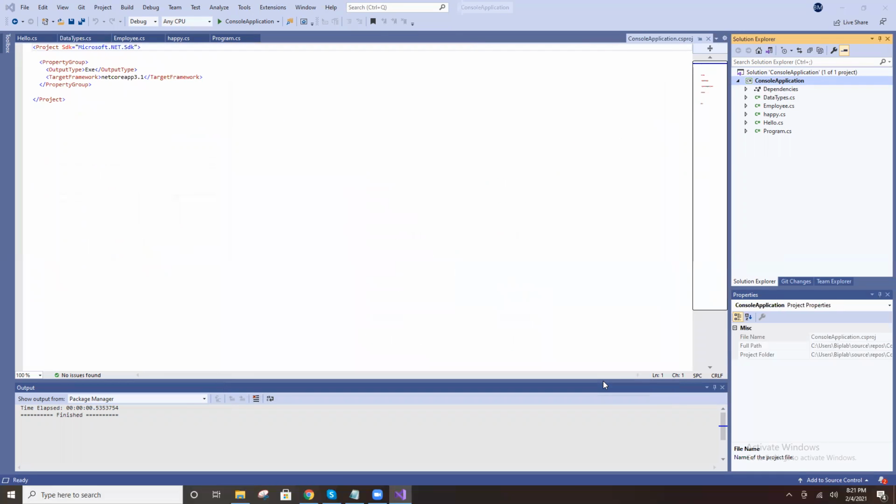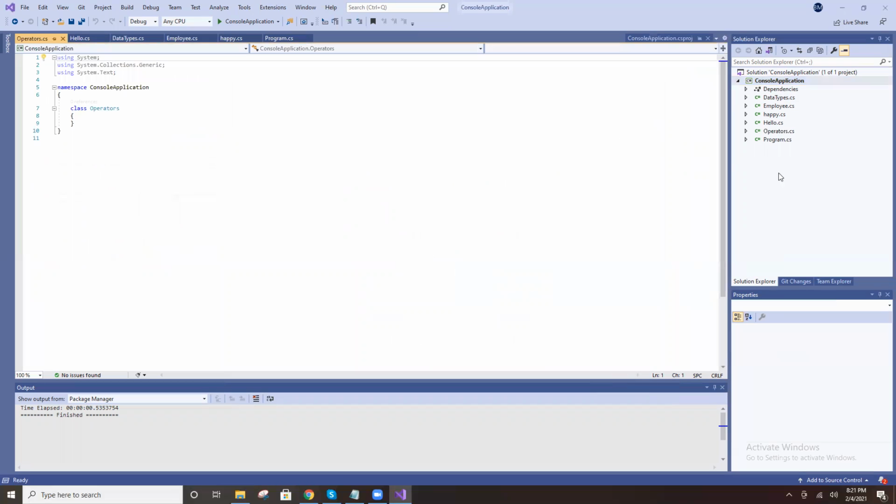So operators. Tell me some operators in C sharp. What are the operators available? Plus is one operator. What is the use of the plus? Addition.